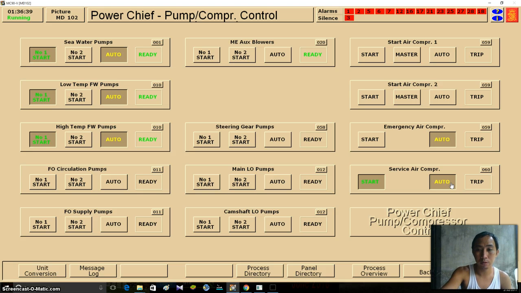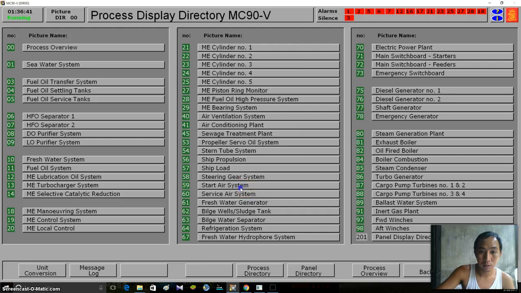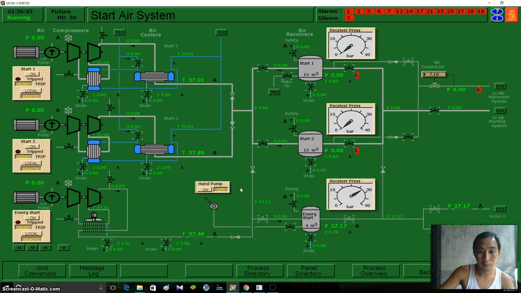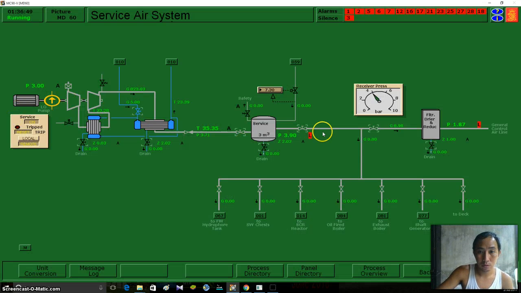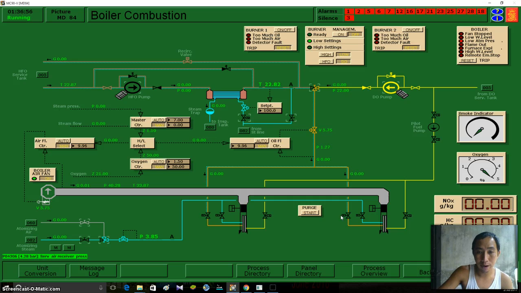So again, we're going home. So we have our starting air, not yet there. We have our service air. So we'll be waiting for the pressure again, and we're going to our oil fired boiler.